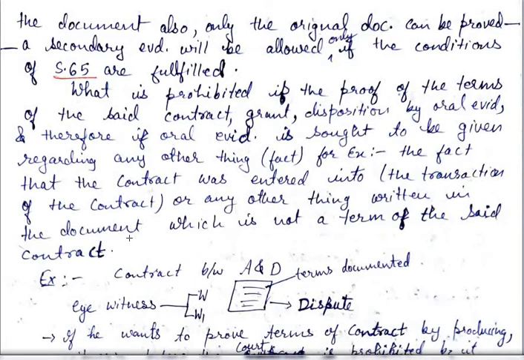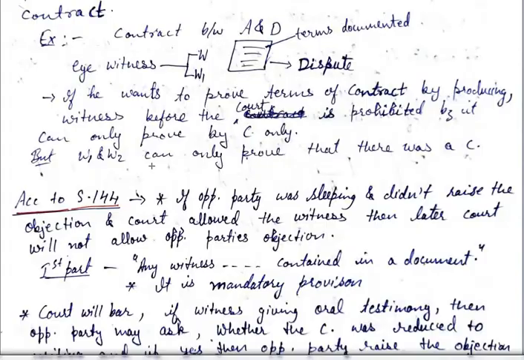Exclusivity of documentary evidence, what does it mean? Suppose there is a contract between A and D, and it was documented. The terms are written here. And at the same time, W and W1 are the witnesses also,